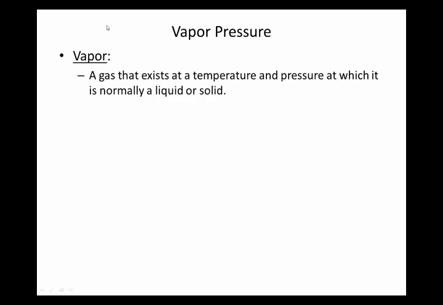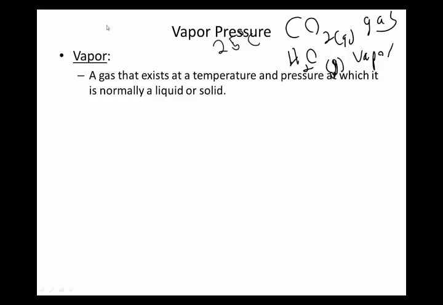Gaseous CO2 is a gas, whereas gaseous H2O is a vapor, as long as we're talking at 25 degrees C and 1 atmosphere. So a vapor is a gas that exists at a temperature and pressure at which the substance is normally a liquid or solid. You might think, how's that possible? Because water is a liquid at room temperature. Well,